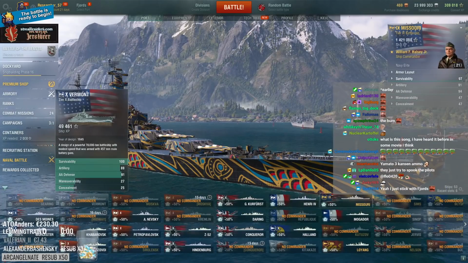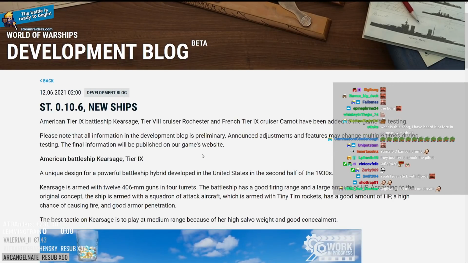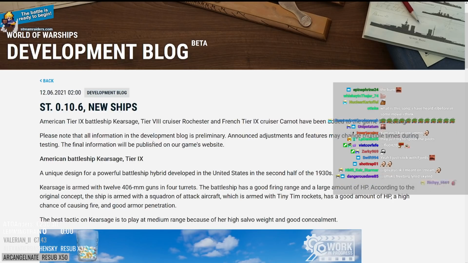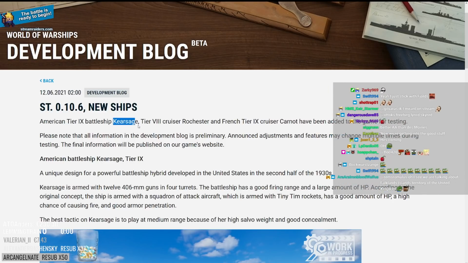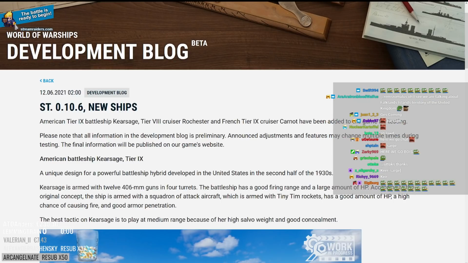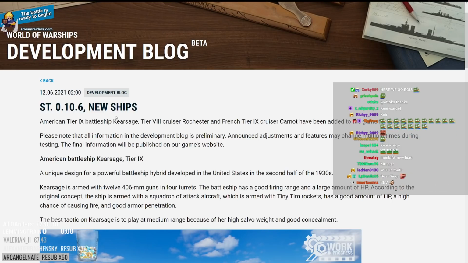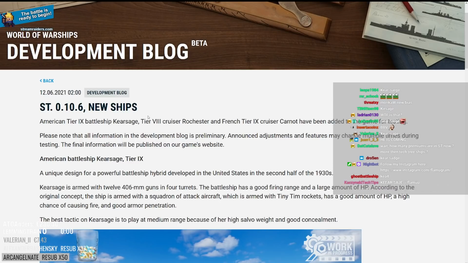And then we have the other devblog. And this one is certainly going to be interesting. Supertest 0.10.6. New ships. American Tier 9 battleship Kearsarge. How do you pronounce that? Kearsarge? How the shit do you pronounce that? Kearsarge. Okay. Where does the R go into...